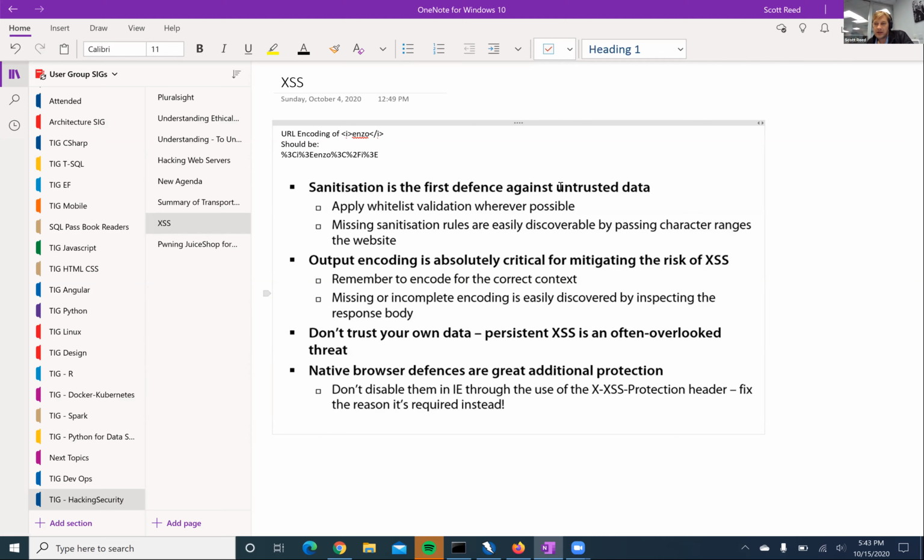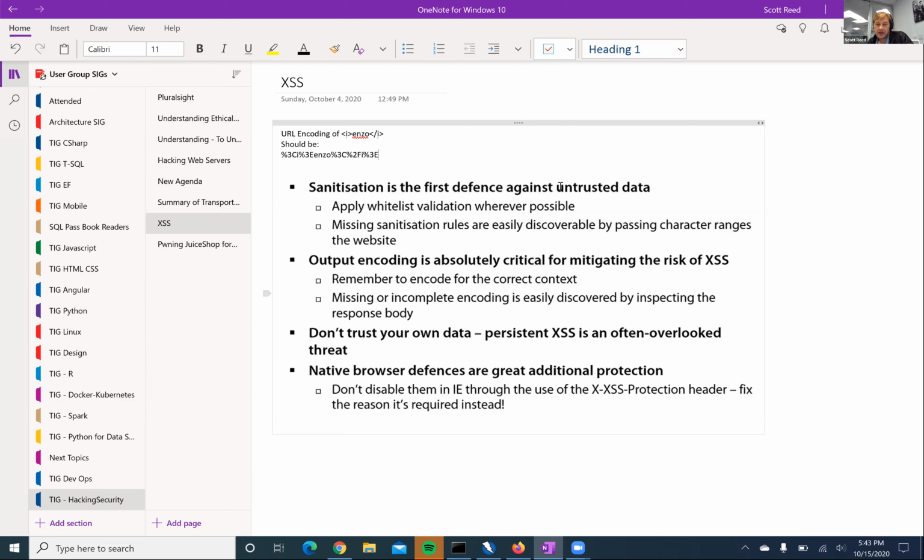It's always better to do whitelist because you can come up with all kinds of crazy encodings like URL encoding and JavaScript encoding that bypass the blacklist but are still malicious, whereas the whitelist generally just says only these good characters are okay.